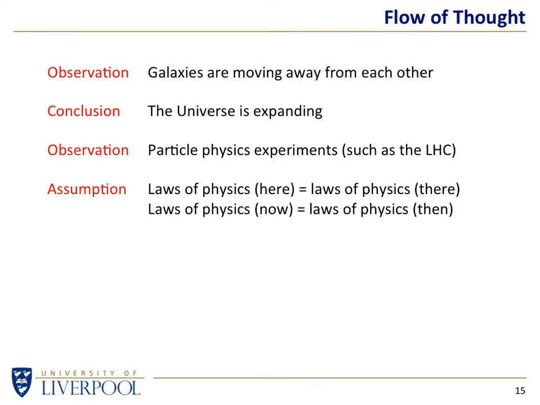So we make observations, particle physics experiments, for instance, the Large Hadron Collider. We bang stuff together, see what happens, and that gives us an idea of what matter is made of. But along the way, we have to make an assumption. This comes back to nature being either predictable or unpredictable. If we assume the laws of physics keep changing, if we assume that we can do an experiment and understand something about this atom, but tomorrow it's going to be different and the rules have changed, then there's no way we can ever get any understanding of the universe around us.